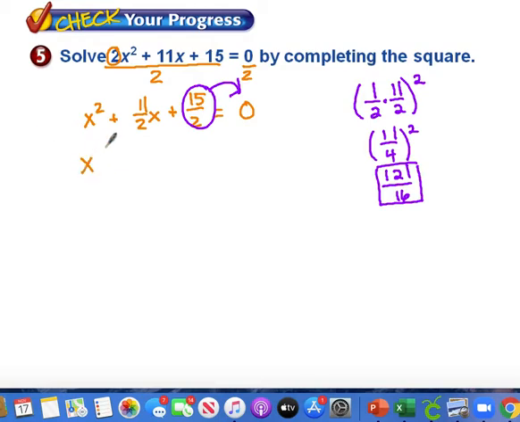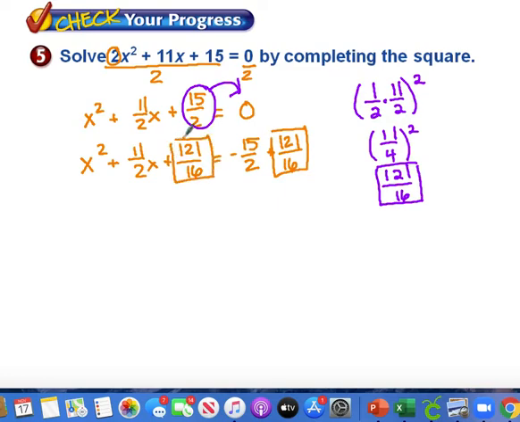So that means I'm going to have to move my 15 halves over. That will leave me with x squared plus 11 halves x plus 121 sixteenths is equal to negative 15 halves plus 121 sixteenths. I want to make sure I do that to both sides. So this is my squared term. This is going to be my factored term. So when I factor this, it's going to factor into x plus, and this is the square root of this, 11 fourths squared